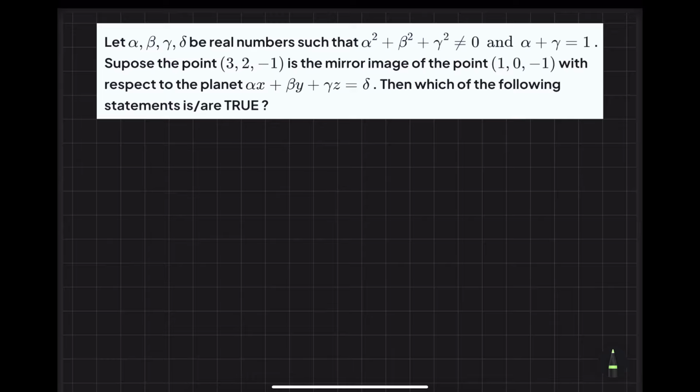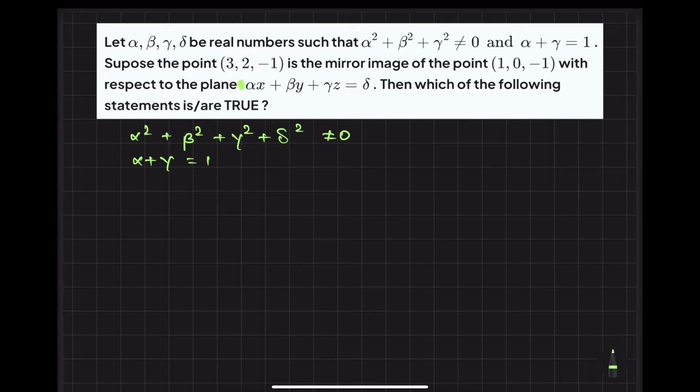So, we have a new problem which says: let alpha, beta, gamma, delta be real numbers such that alpha square plus beta square plus gamma square is not equal to 0. So we have the situation alpha square plus beta square plus gamma square plus delta square not equal to 0. Then we have alpha plus gamma equals 1. Suppose that the point this and this with respect to the plane, this is not